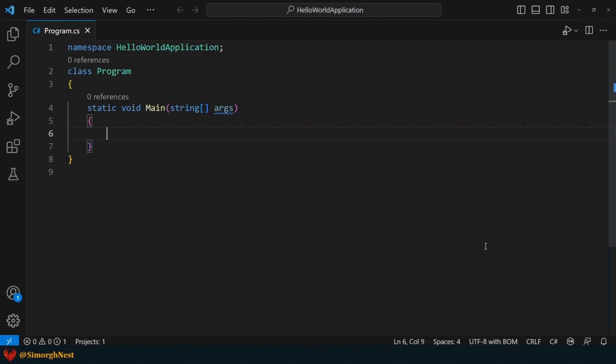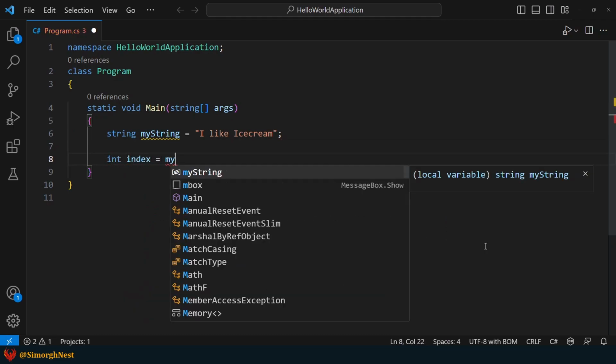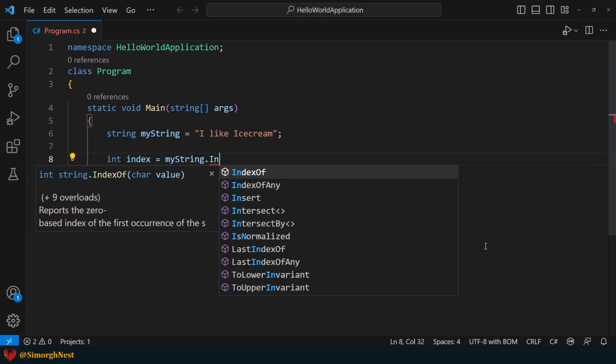Okay, since indexOf and lastIndexOf are instance methods, we need to declare a string variable first. Next, let's use these methods to obtain the index of the lowercase letter i and store the results in an int variable.